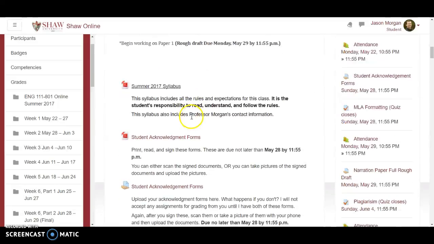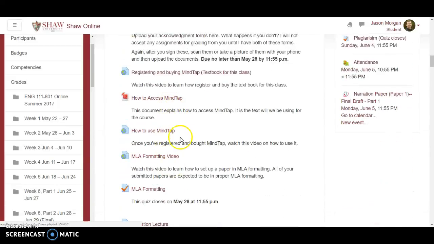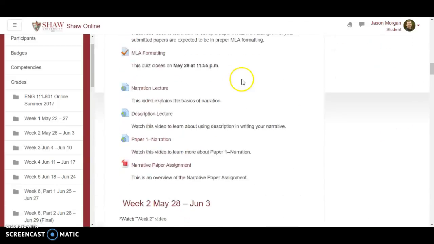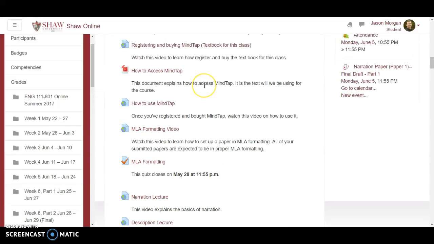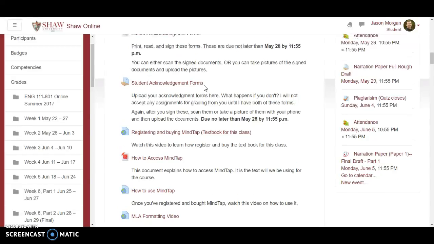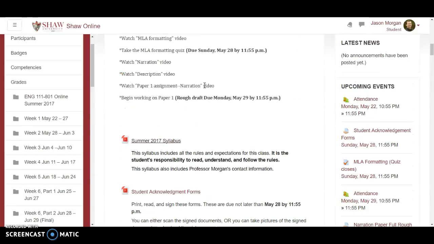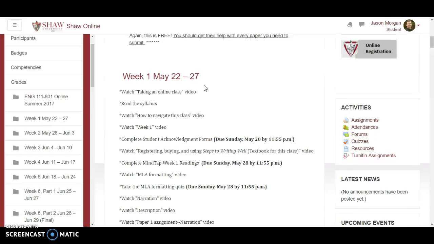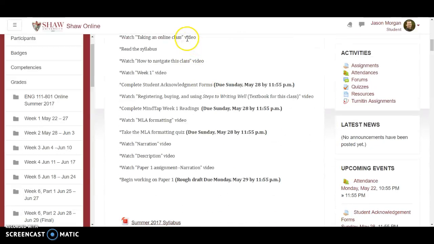But basically, all this stuff down here is just stuff that we're doing for week 1, including quizzes and uploading papers and all sorts of different things. And all the stuff you're going to need to know in order to do well in this class. So if I were you, I would just say, okay, do this, then do this, then do this, then do this. And again, if you're not sure how to do something,